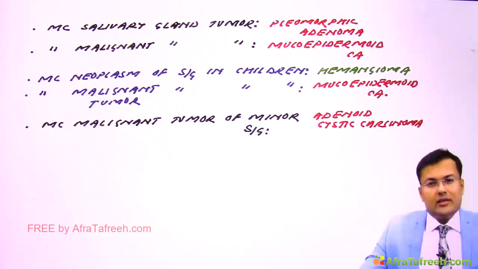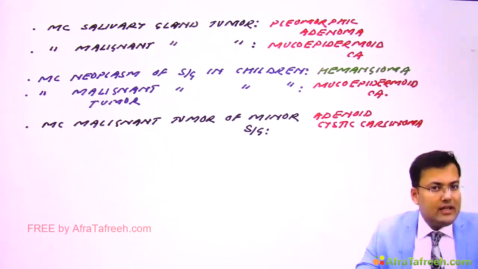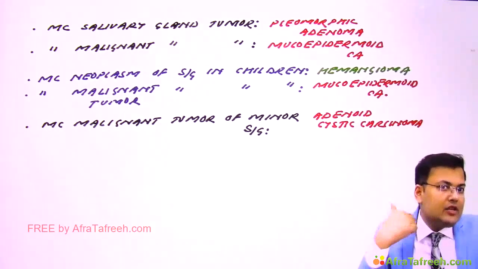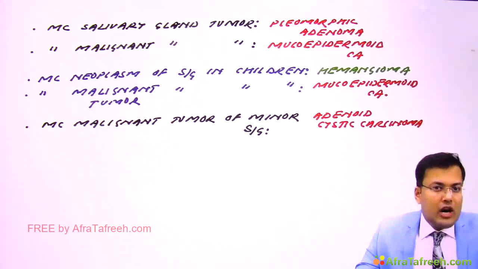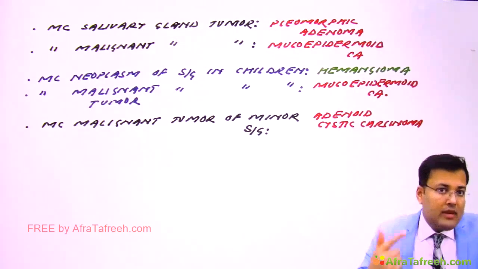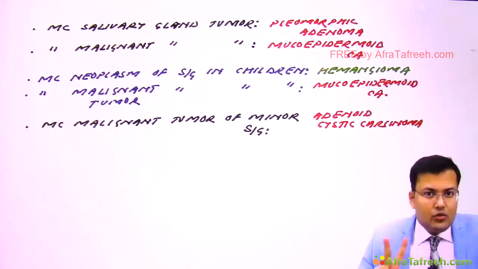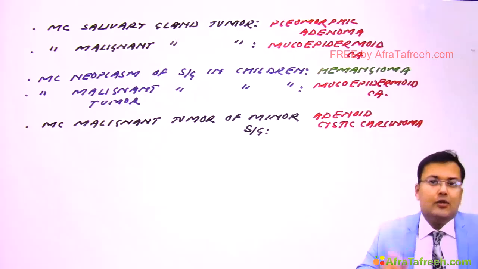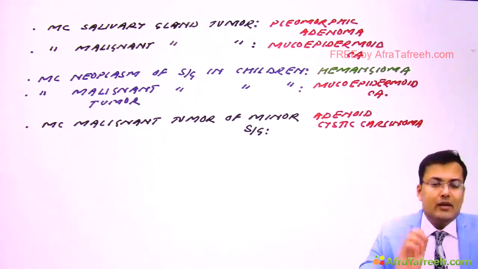Now see, certain important points by which you can easily crack the questions. Most of the salivary gland tumors are located in which gland? Yes, it is the parotid gland. So how do you have to remember? All salivary gland tumors are more common in parotid except two. Which ones? First is adenoid cystic carcinoma, which is more common in minor salivary gland, and second is squamous cell carcinoma, which is more common in submandibular gland.